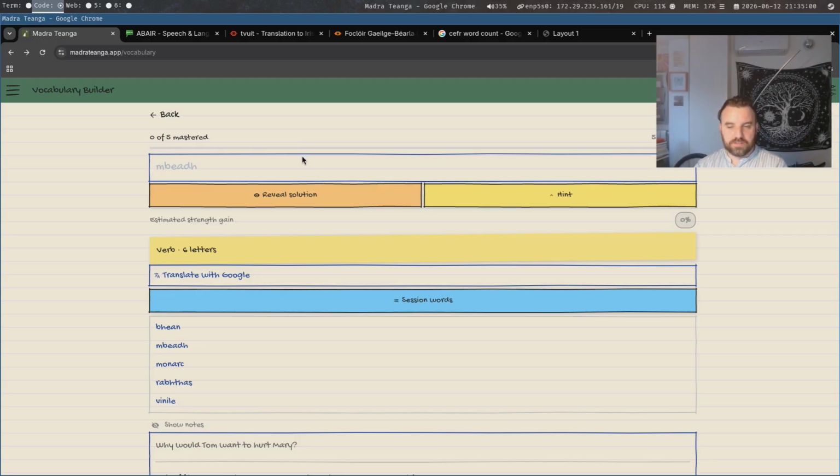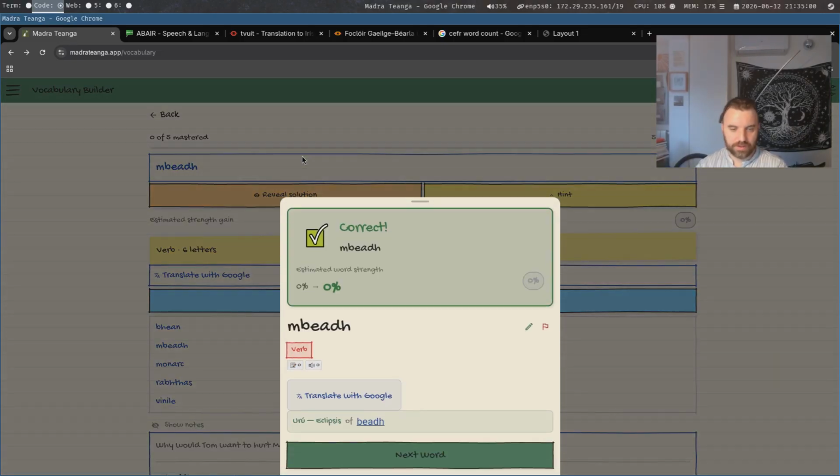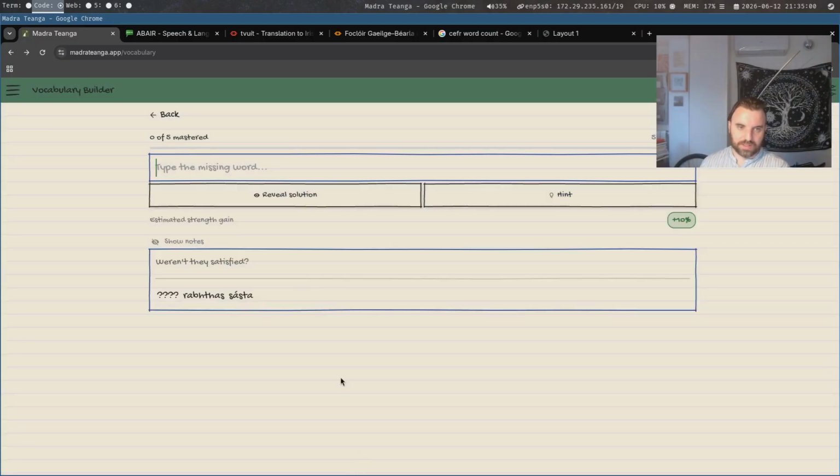Okay, so then this is the word here. If I put it in wrong at all, I guess it goes red immediately. So you can kind of keep messing around until you get it right. I should put a little thing there, right? Aren't they satisfied? So same thing again. If it's 10%, I reveal it, goes down to 0.